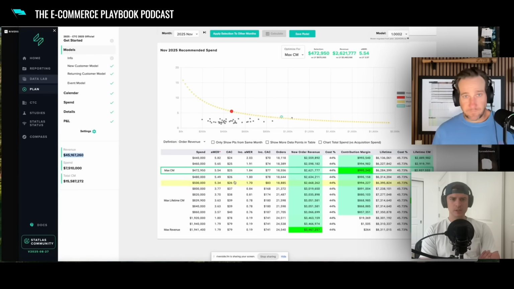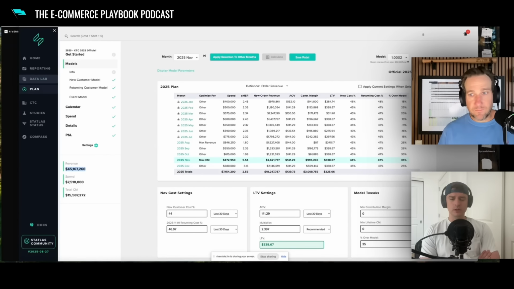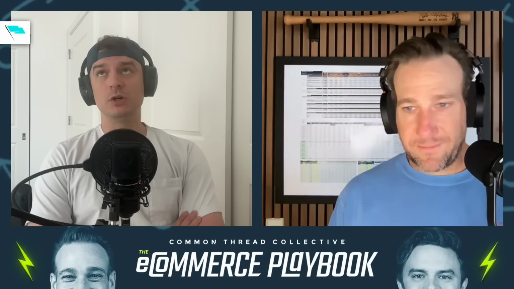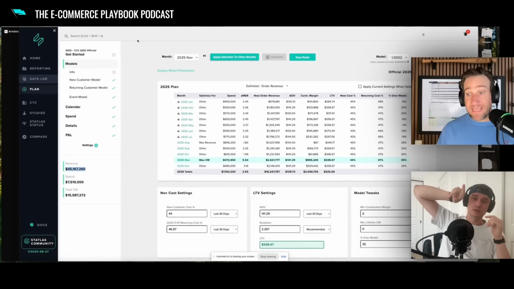Gotcha. And then also to be clear, when you go down to that table that you had below, what that's representing is the contribution margin neutral point, that the contribution margin on that specific tranche of spend is... That's right. On that new customer revenue. Yes. So it's not total contribution margin, but on the 20K of spend, the difference between 1.4 million and 1.42 million, that additional 20K of spend, I don't know if I have my math right, that would be contribution margin neutral. And then any spend over and against that would be negative, right?